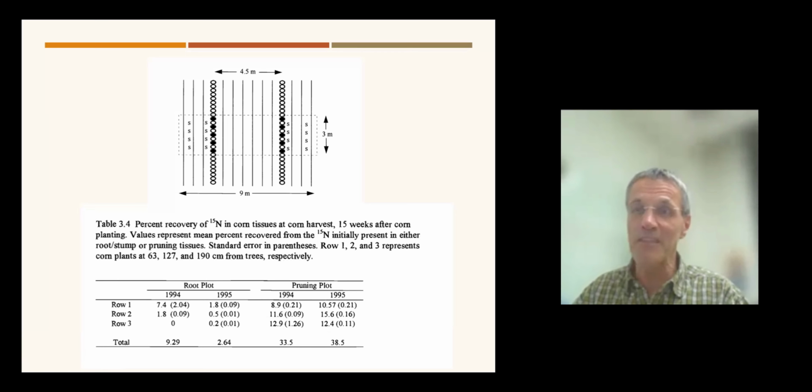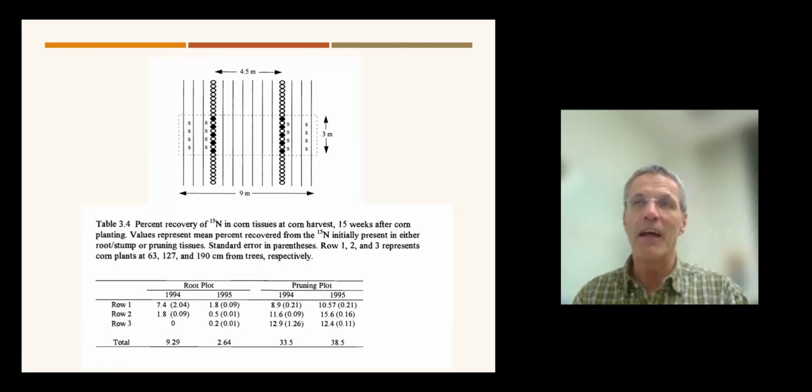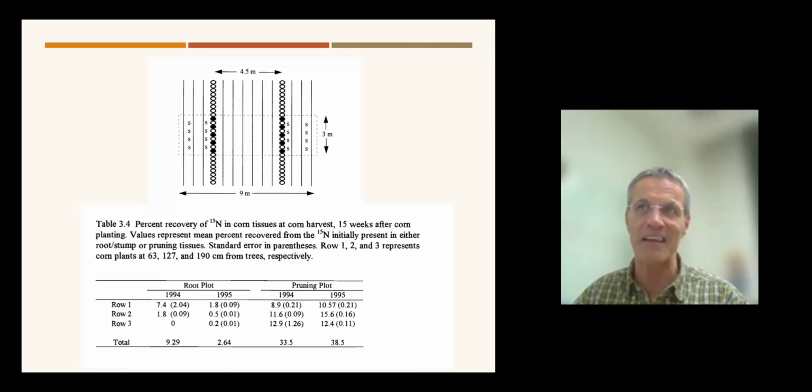But in a tropical system, actually, in what I showed earlier with the Leucaena, you can create so much biomass and so much nitrogen that you can feed the entire corn crop. You don't need any fertilizer. In my temperate climate, that wasn't possible because my trees are not growing as fast as the tropical Leucaena trees.